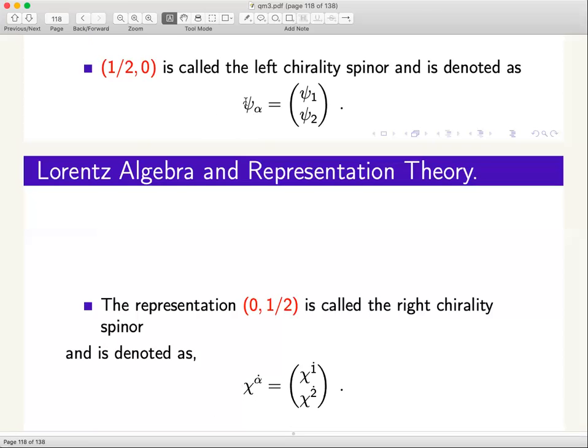Now as I said, this is pure convention, so every time you look up a book or a paper, the author has to define right in the beginning whether they are referring to half 0 as left chirality or right chirality. Once that convention is fixed, the book or the paper would follow it all through. If the author fails to do that, then the paper is essentially unreadable.